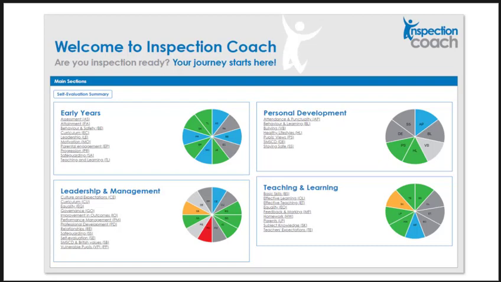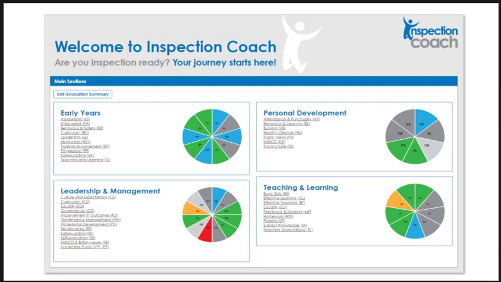It's worth pointing out at this point that this is going to change pretty soon. So it won't be long till these are just the 4 sections, the new sections of the inspection framework, and our team of inspectors are currently working on this, and this will all be ready for all our users to use after Easter. But as you can see, at the moment it shows the 5 areas of the framework and